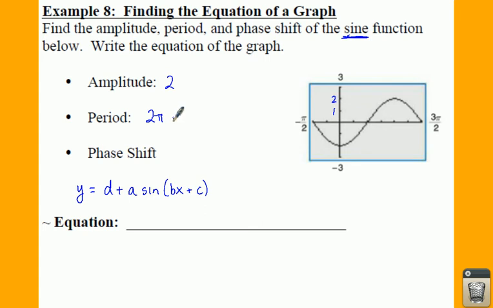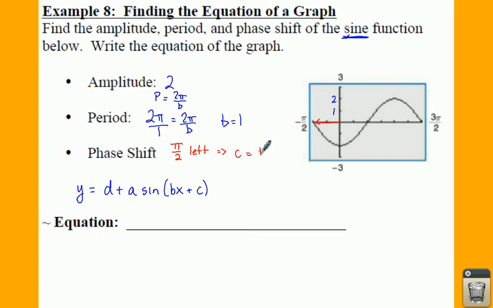Well, if 2 pi is the period, remember the period is equal to 2 pi over b. So if we set 2 pi equal to 2 pi over b, well, this is just a proportion, and b is equal to 1. Phase shift, your graph usually starts at 0. It has been pushed over by its friends by a distance of pi over 2. Now this is a shift left pi over 2, which means that your c is going to be equal to